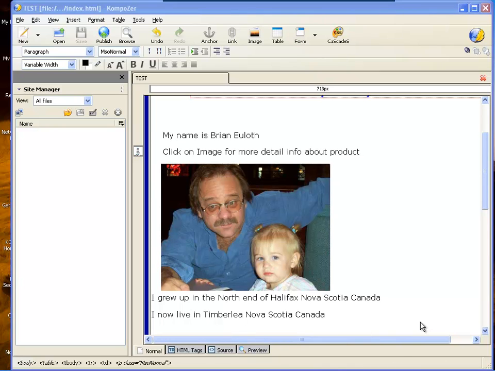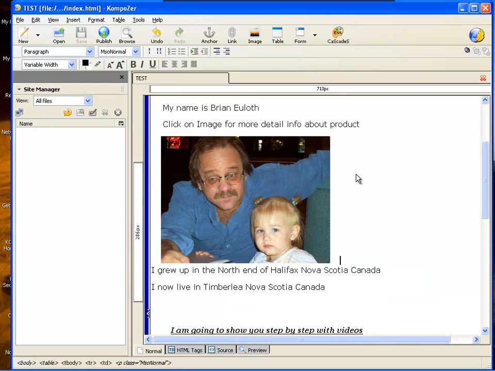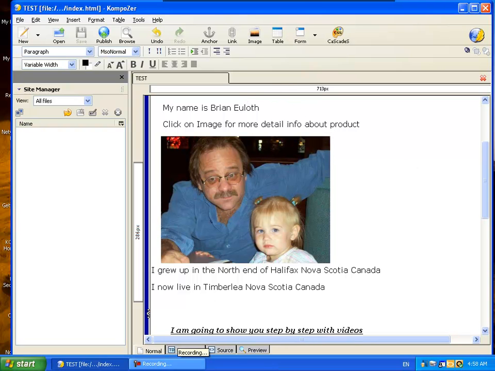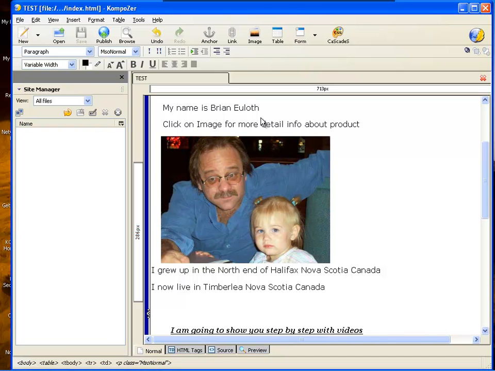Okay, in this video, we're gonna wrap the text. What I mean by that is we're going to move this text here at the bottom over to the side here on the right hand side. It just kind of breaks up your web page and makes it look a little nicer instead of just having text, image, text, image, text, image. We can have text, image, then text on the side here, and then maybe some more text, and then an